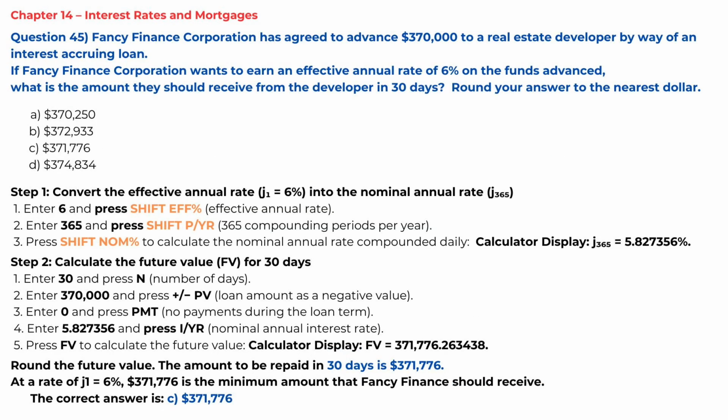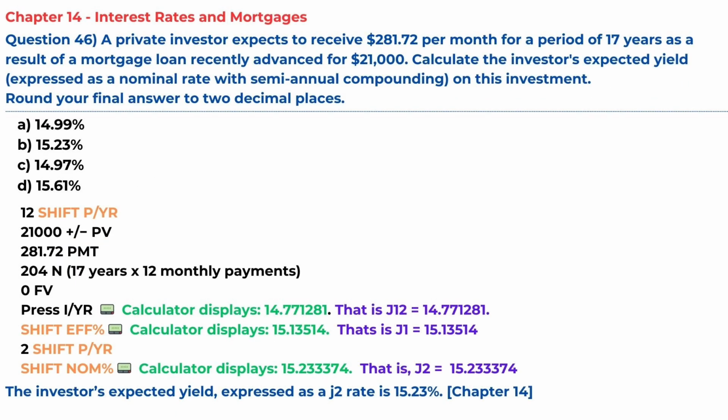Question 45. Fancy Finance Corporation has agreed to advance $370,000 to a real estate developer by way of an interest-accruing loan. If Fancy Finance Corporation wants to earn an effective annual rate of 6% on the funds advanced,